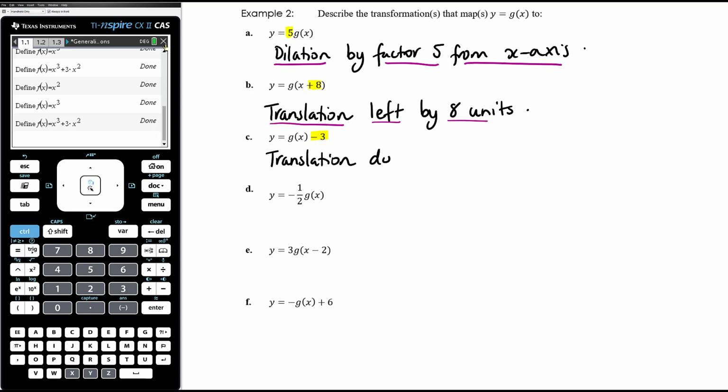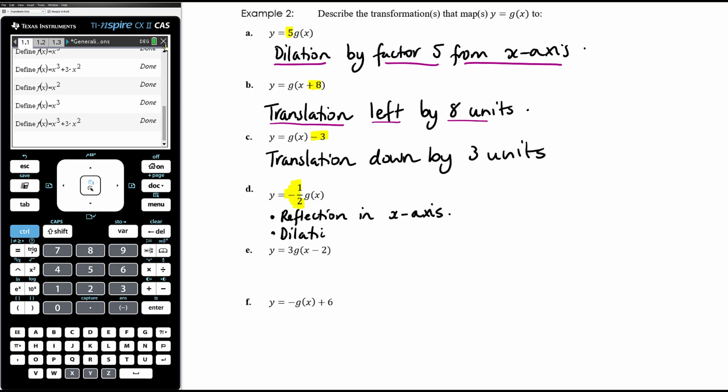Translation down by 3 units. Again, identify that it's a translation, which direction you're going in, and by how much. Alright, here we've got y equals negative 1/2 times g of x. So there's two things happening there. The negative means that we have a reflection in the x-axis, and the 1/2 out the front means that we